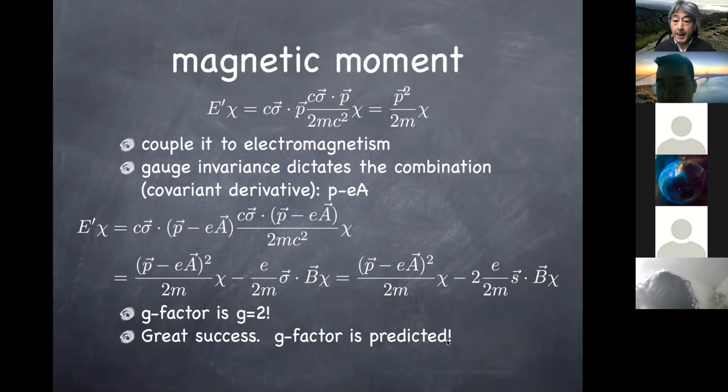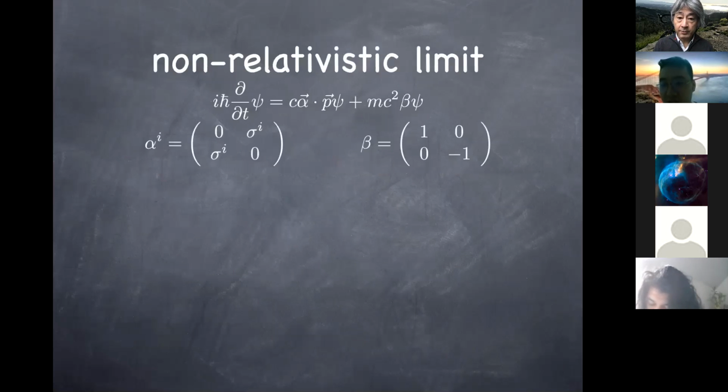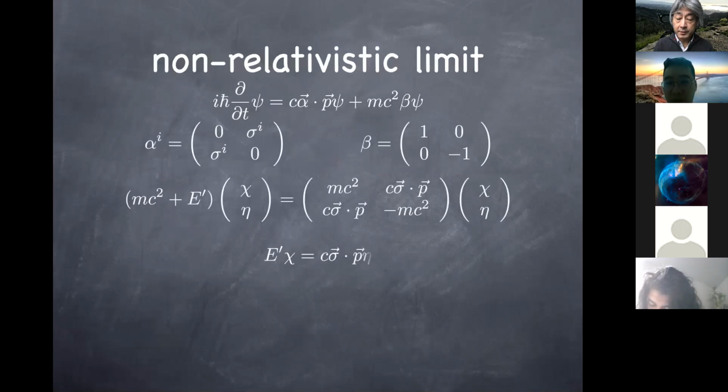Can we also get terms related to spin-orbit coupling from the Dirac equation? In principle, I think it can be, but if you only need to add an electron potential to the time derivative, then you can just directly move it from the left-hand side of the equation to the right-hand side. And I don't see how we can get that from, I mean, E prime chi equals this kind of thing plus V chi. So your question is about spin-orbit coupling.